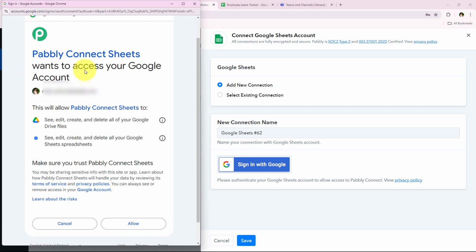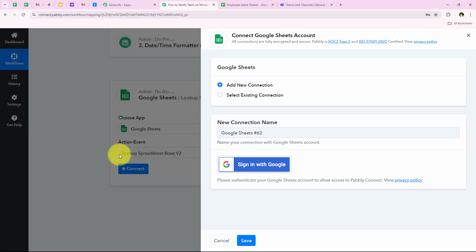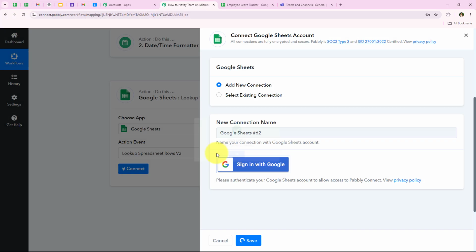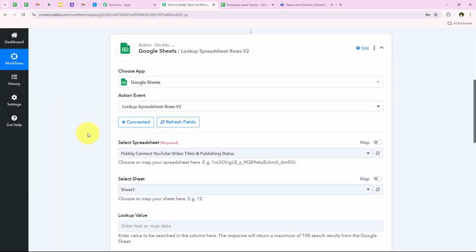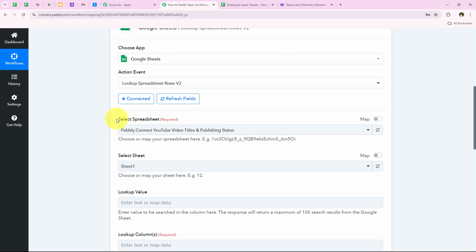Here you can see that it is asking me for some permissions. So we're going to click on allow and give Pabbly all the permissions it is asking for, because my data is secure with Pabbly. You can also click on allow Pabbly, save, and as soon as we click on allow right over here, you can see authorization successful. So yes, we have successfully connected our Google Sheets account with our Pabbly workflow, and now it is asking me